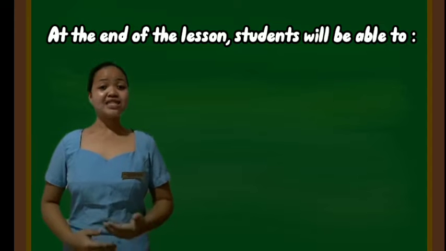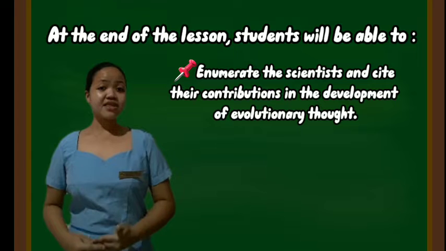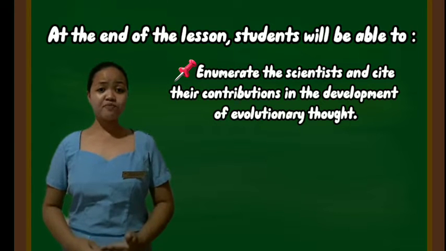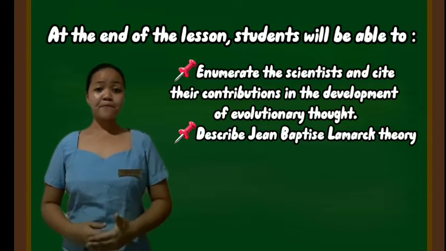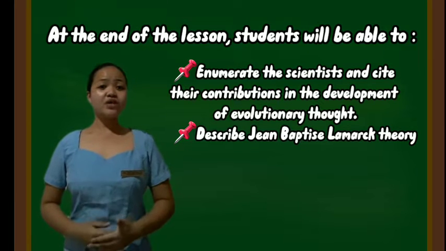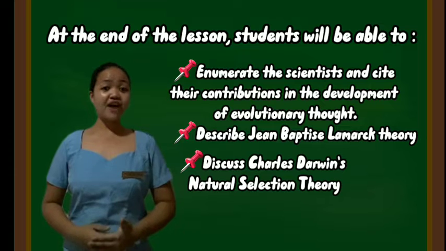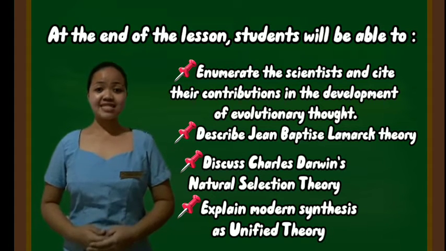But before we go on to our lesson, let me present to you the learning objectives for today's lesson. At the end of the lesson, you will be able to enumerate the scientists and cite their respective contribution in the development of evolutionary thought. You are also going to describe Jean-Baptiste Lamarck's hypothesis on evolutionary change. Then, you're going to discuss Charles Darwin's theory of evolution by natural selection and explain the modern synthesis as a unified